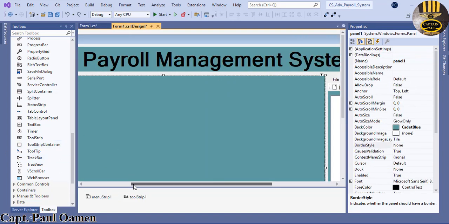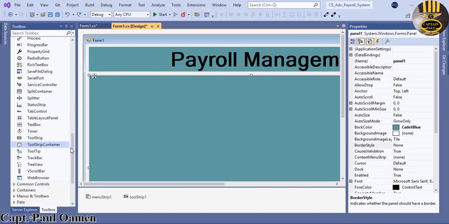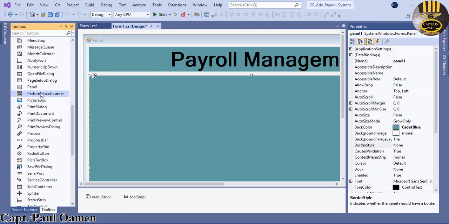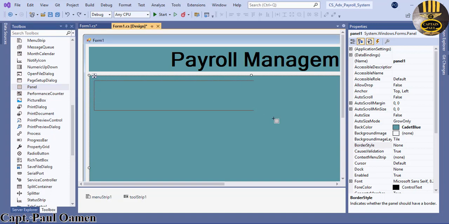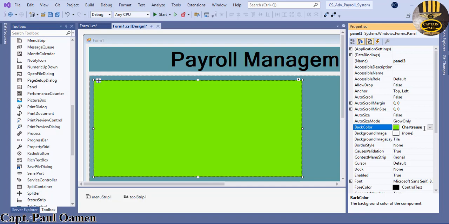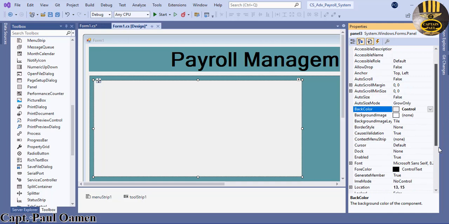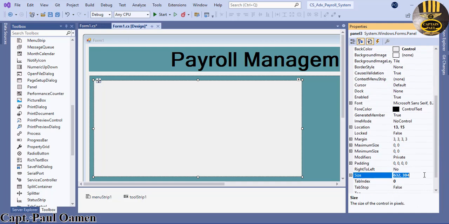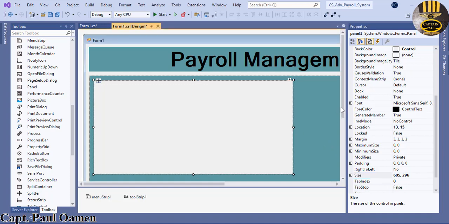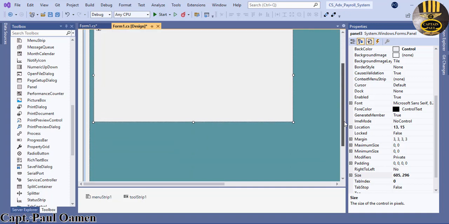Now let's grab hold of another panel here. Let's draw it that much, but I do want the color of this one to be control. There we go. And the size of that, we can make that, yeah, that's the size of that very one. I'm not going to copy this very one. Let's come in there and